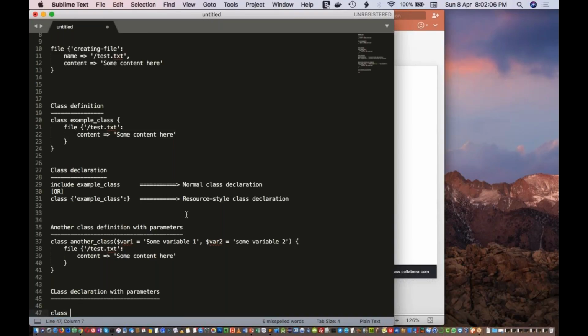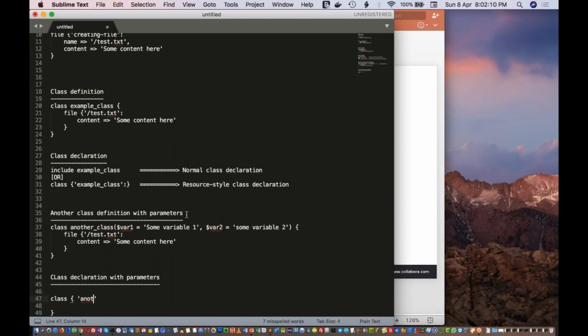You will have to use class, then give the name of the class like this, and then you'll specify var1 equals new value 1, comma, var2 equals new value 2. Like this you have to use.